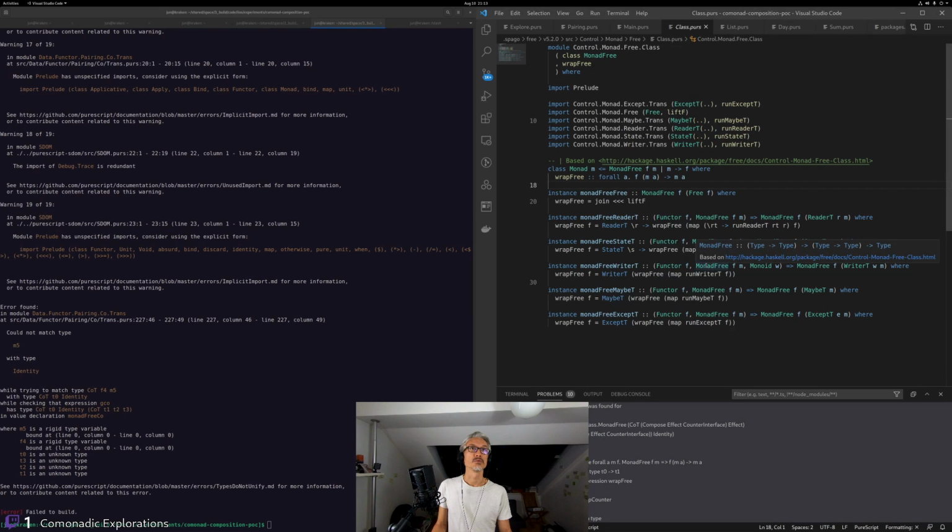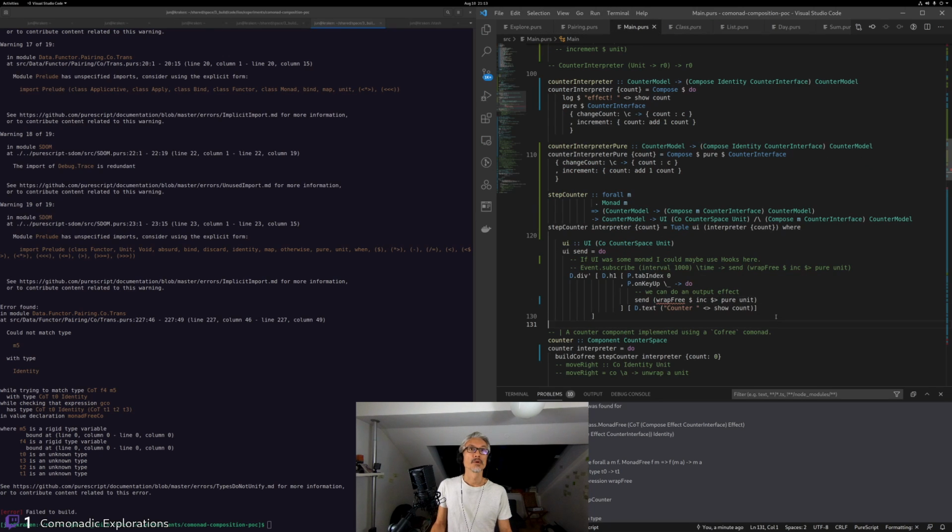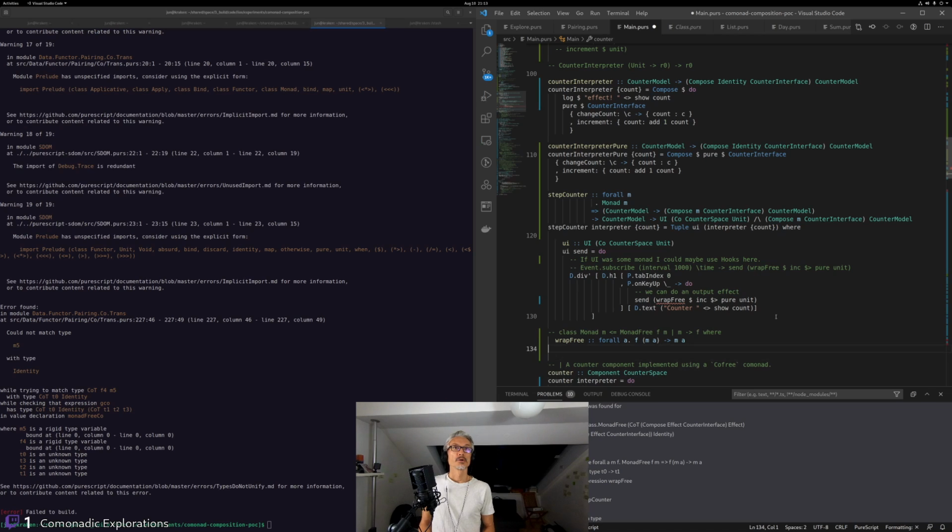So, F M A to M A, when we know that the functor F is the base functor of the monad M. So then it just unwraps the M. But unwrapping the M,